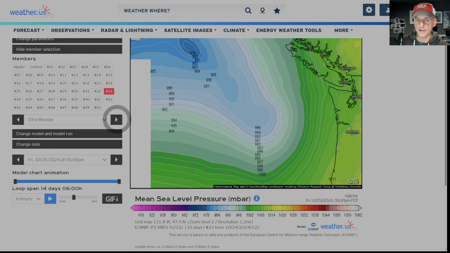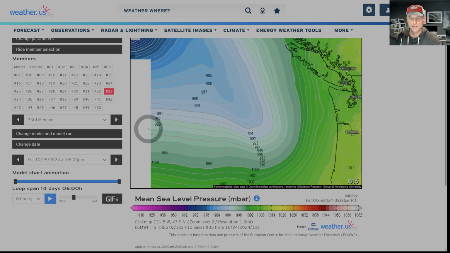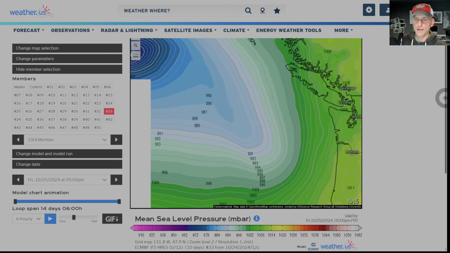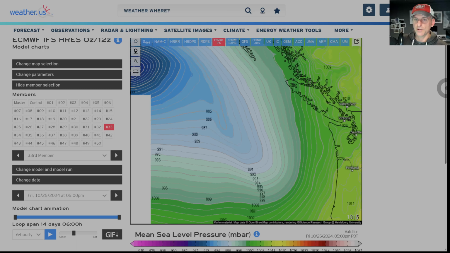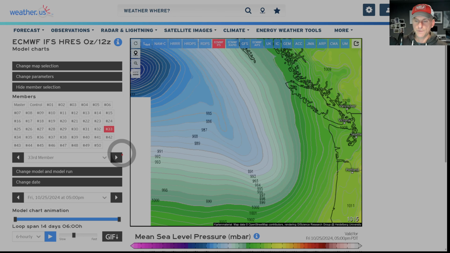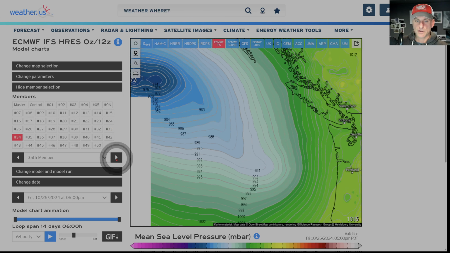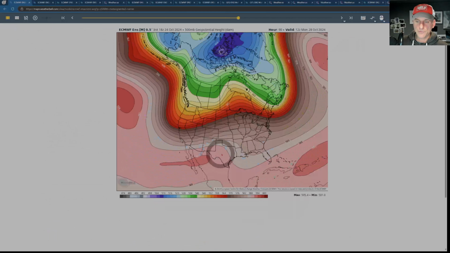The future is exciting as far as artificial intelligence and some of these ensemble members. The European artificial intelligence has been performing really well, and it's going to eventually get its own ensemble members also. That is going to be really fun to watch take shape over the next couple of years or so. So yeah, lots of fun stuff to look at.